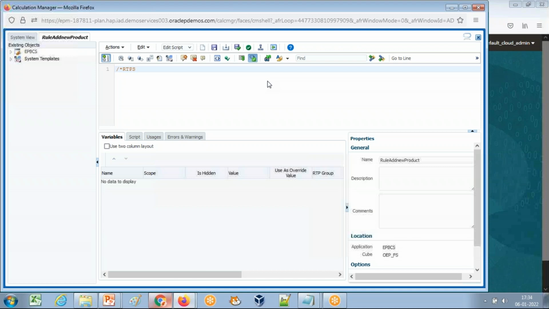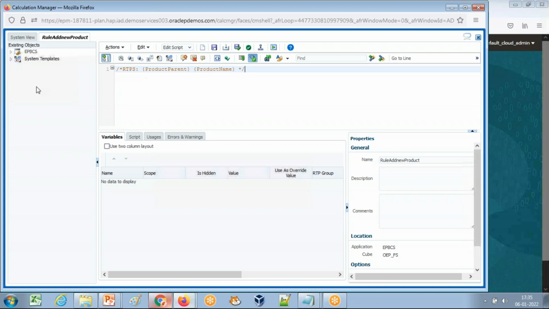There are two runtime prompt variables we created, one for product parent and the second one for product name. Variables are defined in curly braces, product parent, and the second one is product name. The first one is of object type, members type, and the second one is of string type.